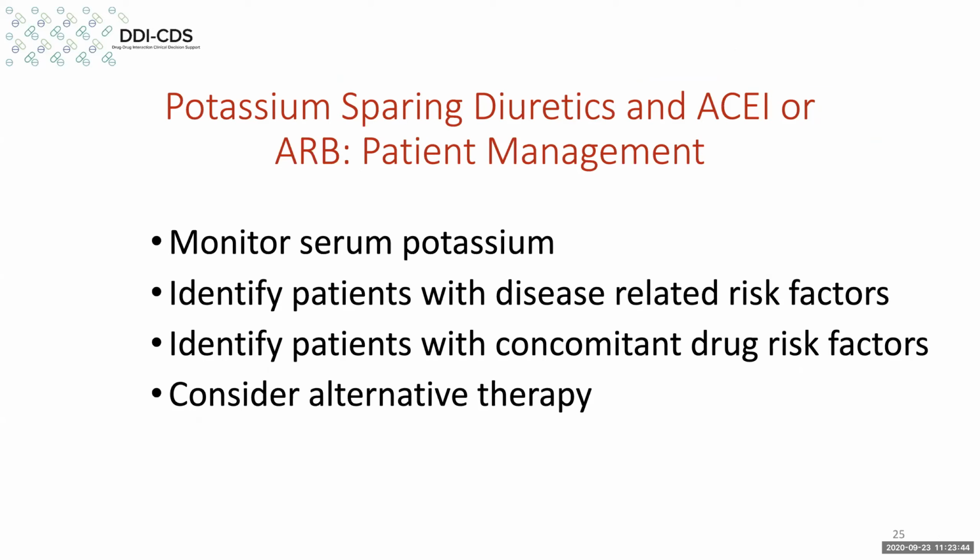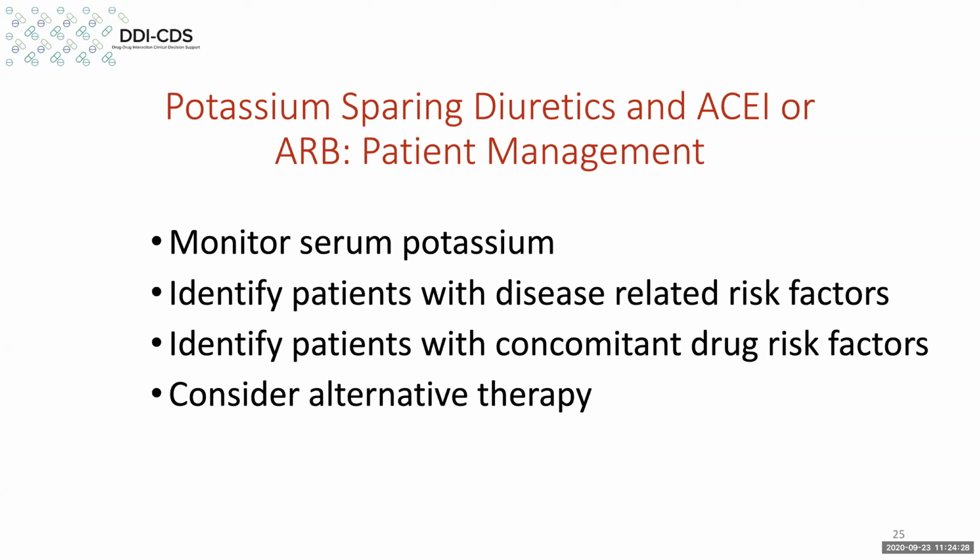So we're faced with this problem of potential hyperkalemia associated with these drugs. How do we manage this? I think this is probably the most important slide in the whole talk, even though it's very simple. Obviously, the most important thing to do here is to monitor serum potassium, because if you put patients on an ACE inhibitor or ARB plus a potassium-sparing diuretic, the chances are there's going to be an increase in their serum potassium. Now, if the patient starts out hypokalemic, that might be a good thing. But if they start out normokalemic or anywhere near the upper end of the normal range, that could end up being a patient who develops hyperkalemia.